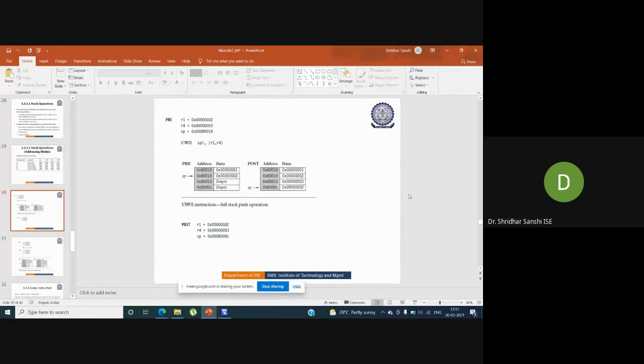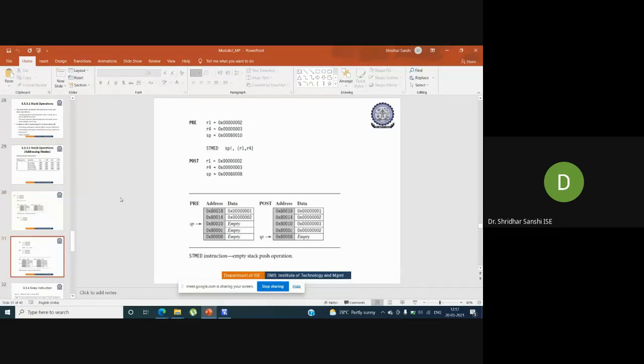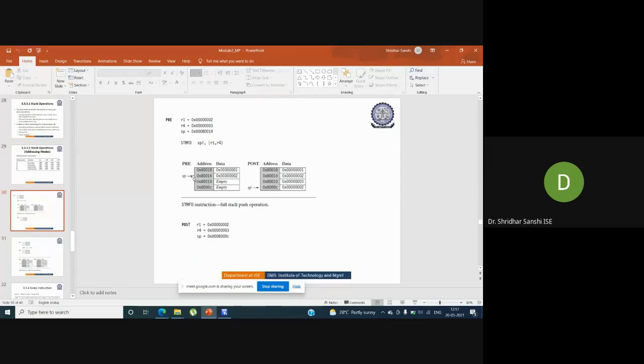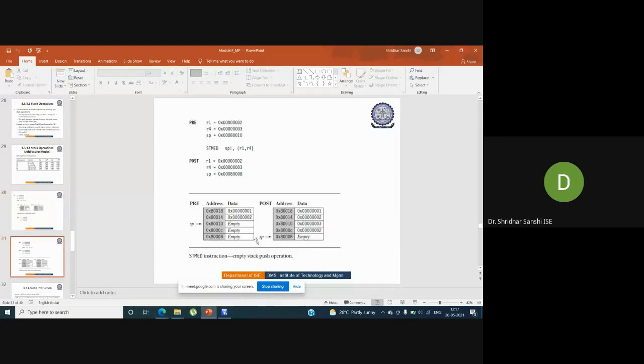This is the instruction we are using. This is for push. We are not doing the pop operation, only the push operation. This example is to make you understand what we mean by full stack and empty stack.